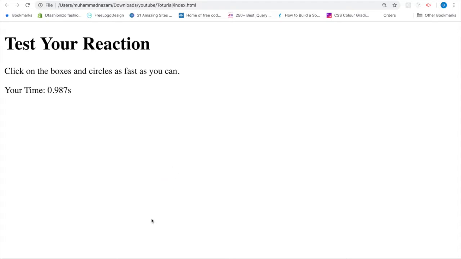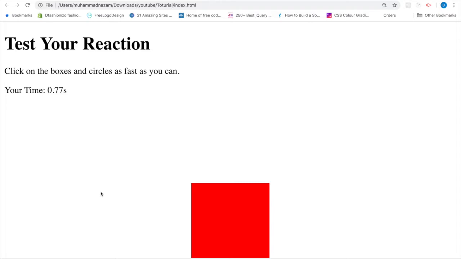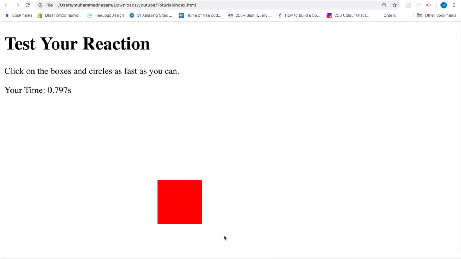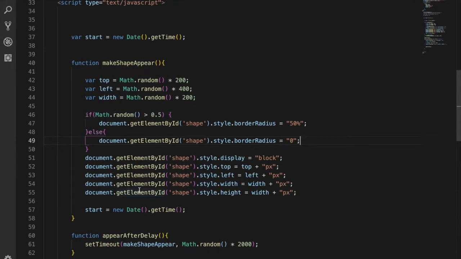Oh, there is round, there is circle, boxes, square. So the shape also changed. Now we need to change the color every time it comes in; it should be in a different color. So for the color,